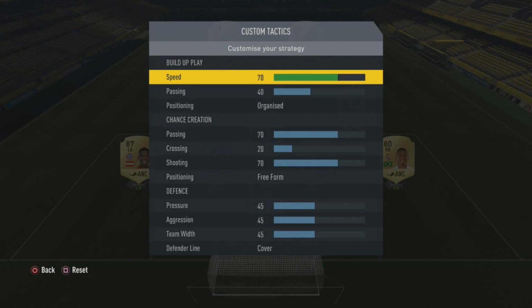So if you want to use passing on 20, you can lower the speed to 50. And I feel like it'll work out much better than speed on 70 with passing on 20. So just giving you that tip. But yeah,